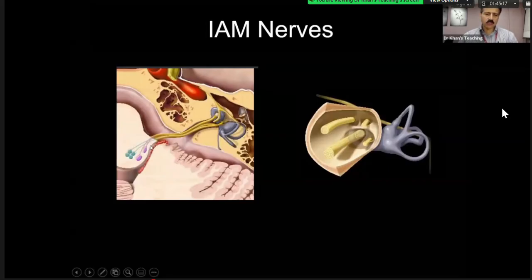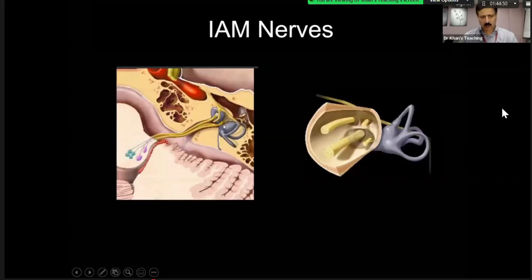From the pons, 2 nerves, this is what we call the vestibulocochlear nerve. So this is the cochlea, that flower which is anteriorly placed. This is the vestibule, which has got superior semicircular canal, lateral semicircular canal, and posterior semicircular canals. I'll teach you in the head and neck module.